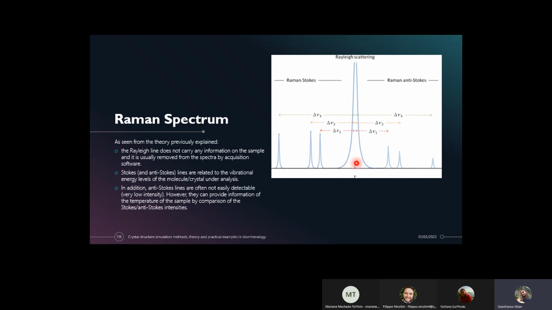So actually the difference between the frequency, wave number, or wavelength of your peaks, Stokes or anti-Stokes, and the Rayleigh band is equal, thanks to the graph that we saw before, to the vibrational frequency of the molecules of your system, of the atoms inside your sample. So you obtain a